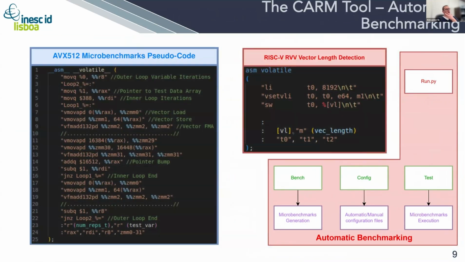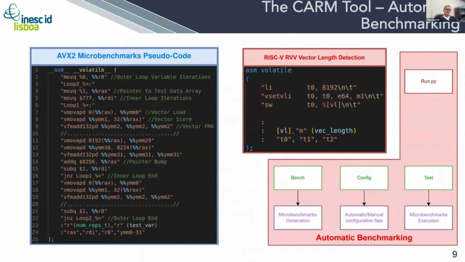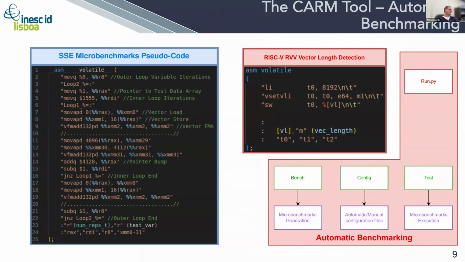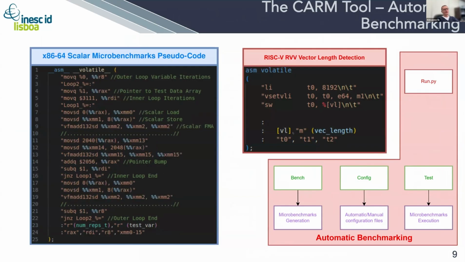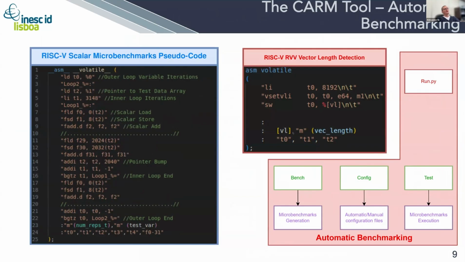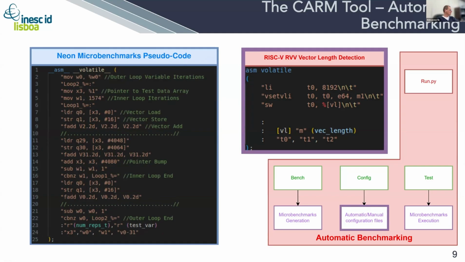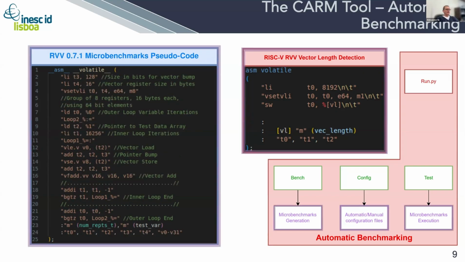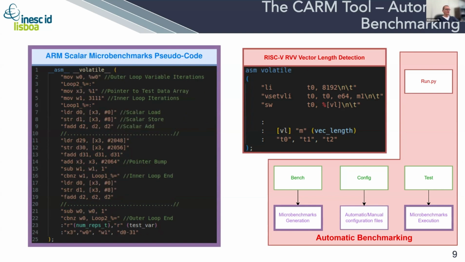So furthermore, we now focus on the automatic benchmarking facility. In the automatic benchmarking, this is completely hidden from the end user. I'm just presenting it here to show what happens under the hood. So as I mentioned, we provide a facility to automatically detect the cache sizes, also clock frequency, and according to that, automatically configure our micro benchmarks for the specific platform. It also has platform detection here, for example, on the right-hand side, if it is a RISC-V RVV vector instruction set, we can actually detect also what is the maximum vector length that you are supporting. Then, according to that information, we are automatically configuring and generating the assembly micro benchmarks in order to